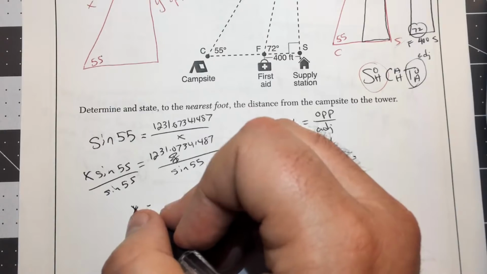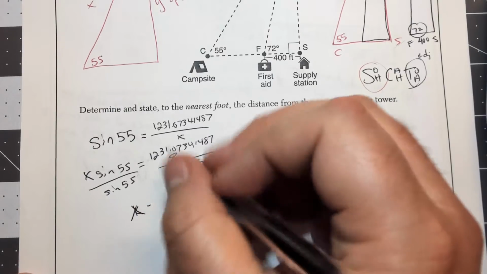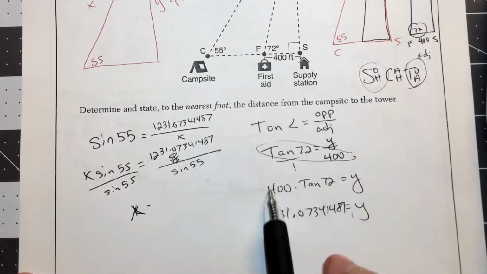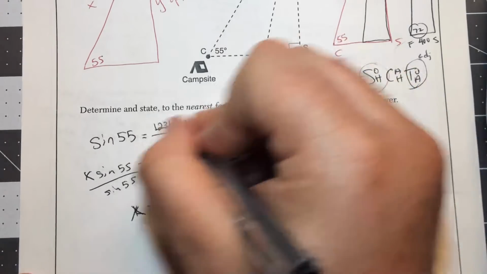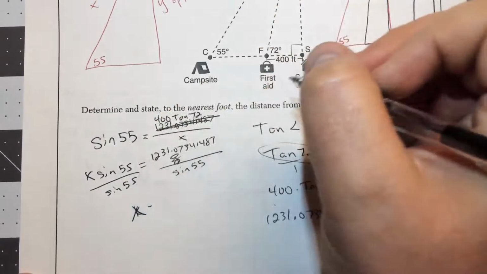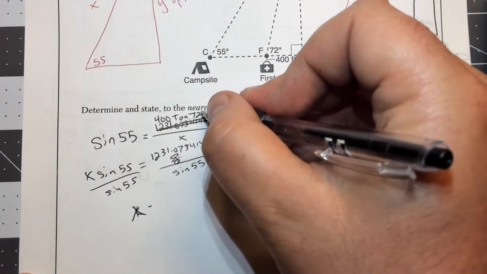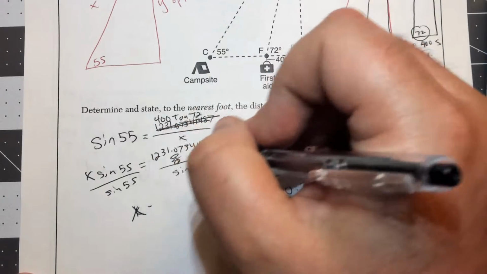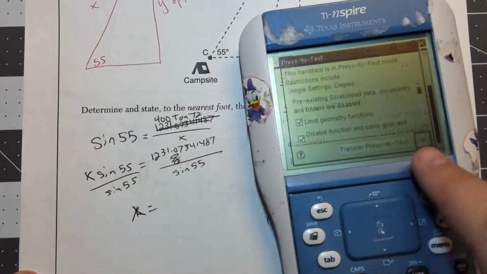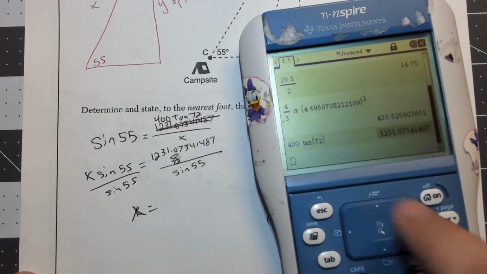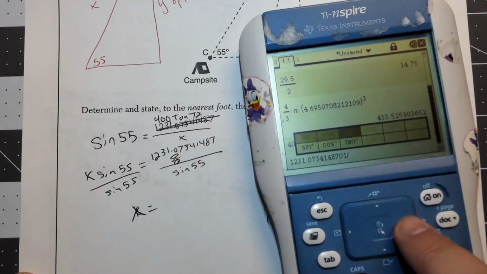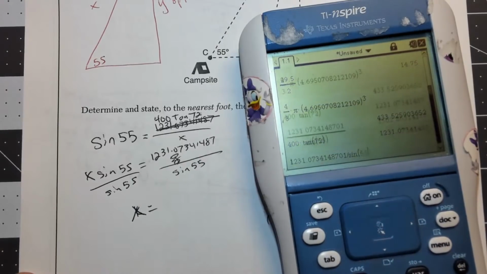I would say just write out the whole number. I mean, you've already committed the 4 here. Just keep going. Or you can actually leave it as 400 tangent 72. So if we didn't want to write this, we could write 400 tangent 72. That'd be easier for you. And this is actually the most exact answer, so it's even better to write and then carry that through. Okay, so x is equal to, now we have our number in here already. So we're just going to do that guy divided by, and then tangent, nope, sine 55, and there's our